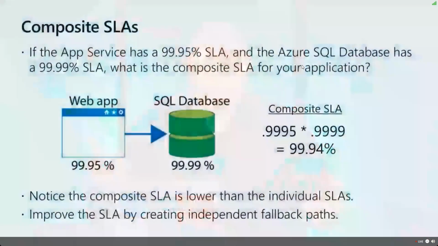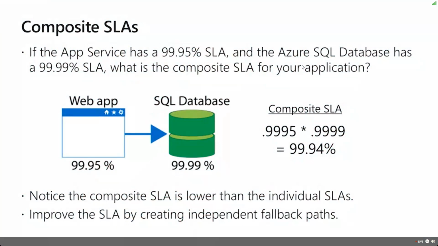Locally redundant storage, LRS, 9 nines by default, and GRS, the last time I checked, 16 nines of availability. So we have different availability levels in our different areas of Azure. Now the challenge becomes when you start working with multiple Azure services that have different SLAs. As of the writing of this slide, we had an SLA for the app services, which is 3.5 nines, and Azure SQL Database had 4 nines. How do you calculate what the actual service level agreement is?